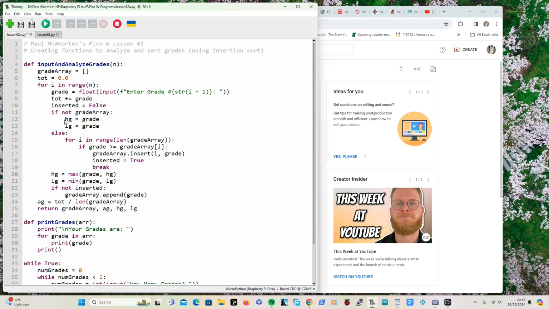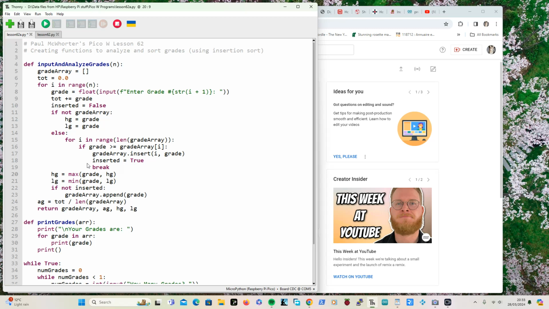So that means I'm setting the high grade and the low grade to the first grade input. Otherwise, I'm going through the length of the array and I'm saying, is the grade greater than or equal to the element? If it is, I insert it. Set the flag to say I've inserted it, and then I break